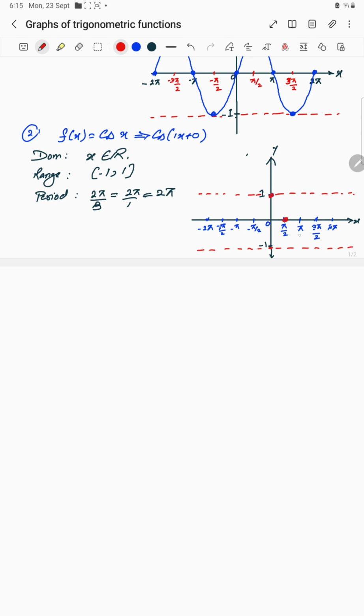Okay, and cos pi is minus 1, so it will be here. 3 pi by 2 is 0, 2 pi is 1 here. Same with minus pi by 2, it becomes 0, and cos of minus pi is again minus 1, and minus 2 pi is 1, because cos is an even function and it doesn't affect if the angle goes to be negative. Okay, now you need to join it